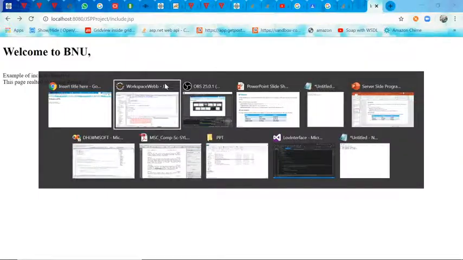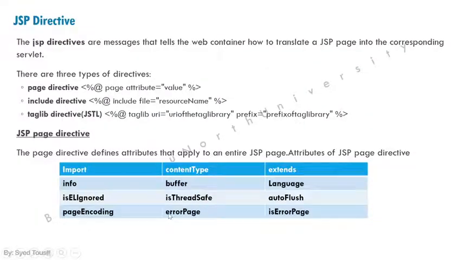This is the way we are going to use this error page. This is the way we handle the translation of one JSP page to the servlet. This is one simple example of page directives.